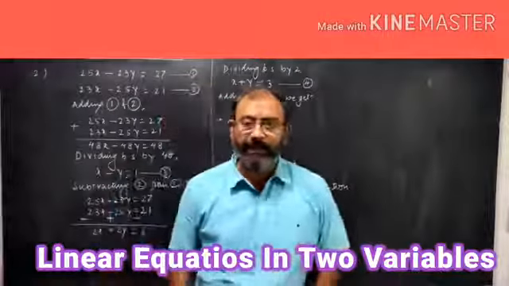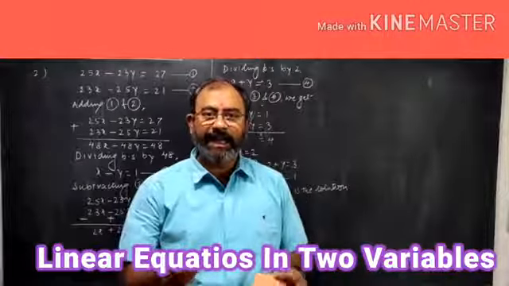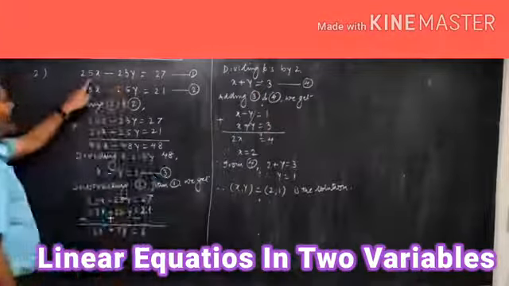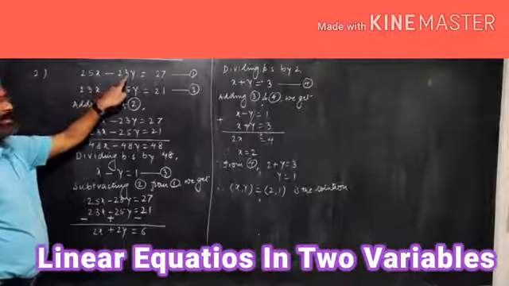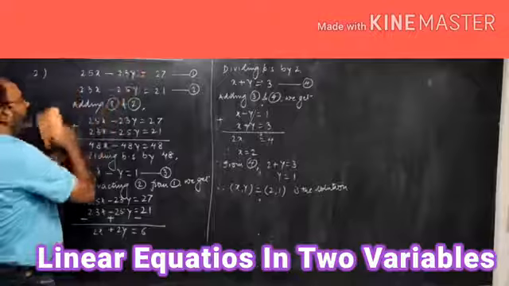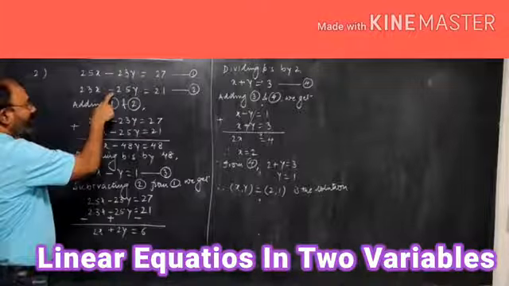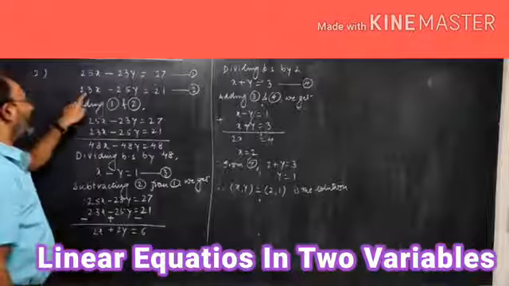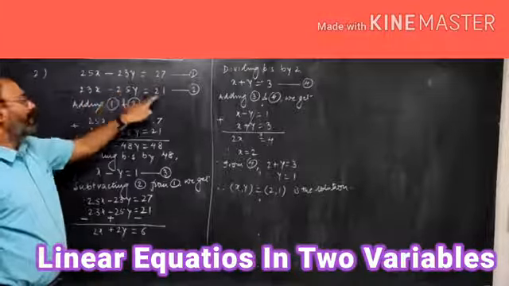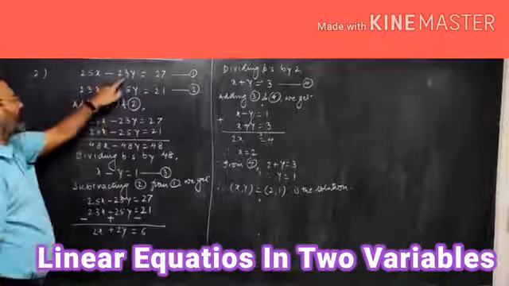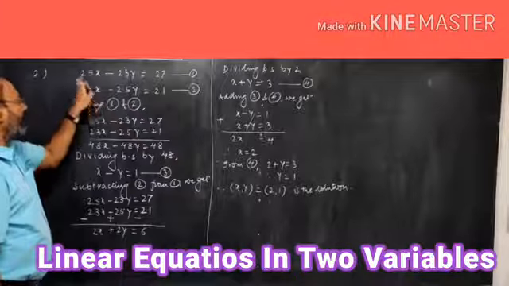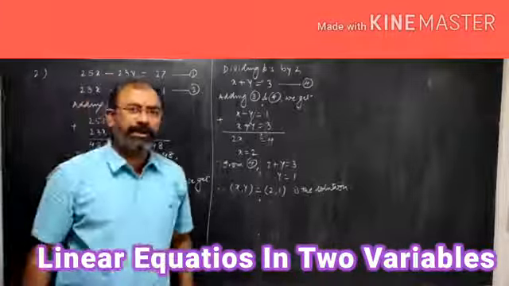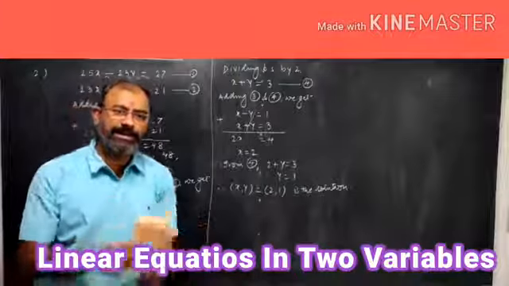This is another example where the coefficients of x and y are interchanging in the second equation. Here the coefficients are 25 and minus 23. If you interchange, it will be minus 23 plus 25. But if you multiply the second equation by minus 1, you will get 23x minus 25y is equal to some number. So in other words, we can say that the absolute values are interchanging. So 25 is coming here, 23 is coming here. Okay. So this is the equation in which the coefficients are interchanging.